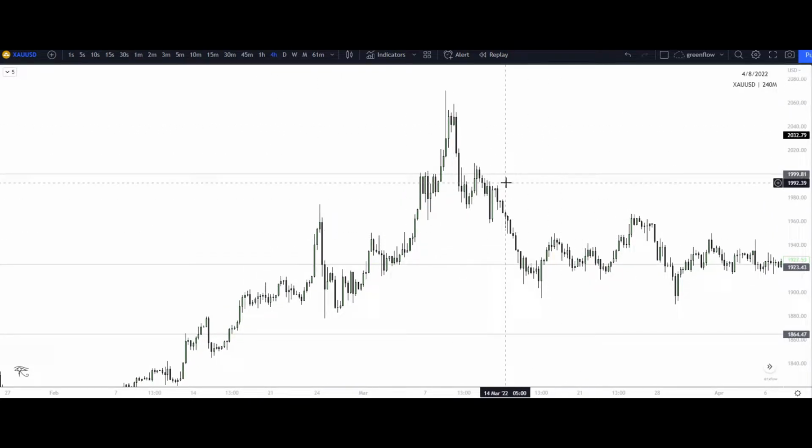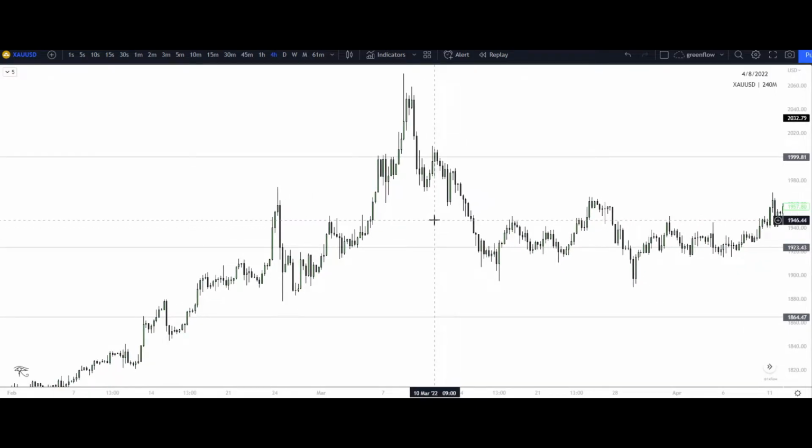So we get in these situations to where we have a zone or a certain area, right, that we are looking for price to respect, and it doesn't end up respecting that, or it raids liquidity and introduces either new demand or supply, and then all of a sudden we are completely out of our bias. We start making unnecessary trades, right? Get into these situations to where we get confused.